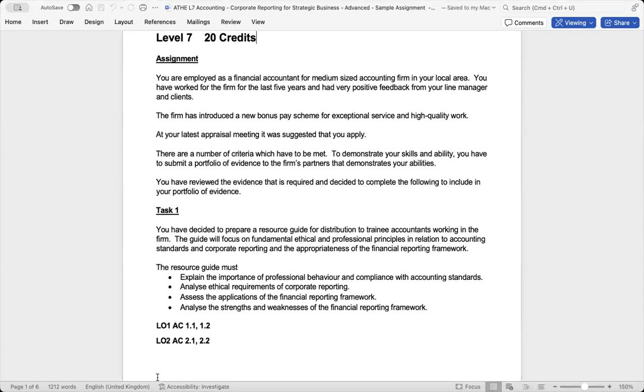Finally, plagiarism. Plagiarism is the act of using someone else's work or ideas without proper acknowledgement or permission and presenting them as your own. So it can take various forms, including direct plagiarism, which we discussed previously as well, where text is copied verbatim without quotation marks or proper citations, and paraphrasing plagiarism, where someone else's ideas or text are reworded without proper attribution.